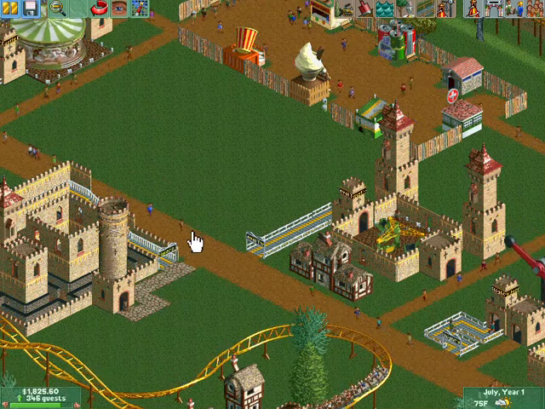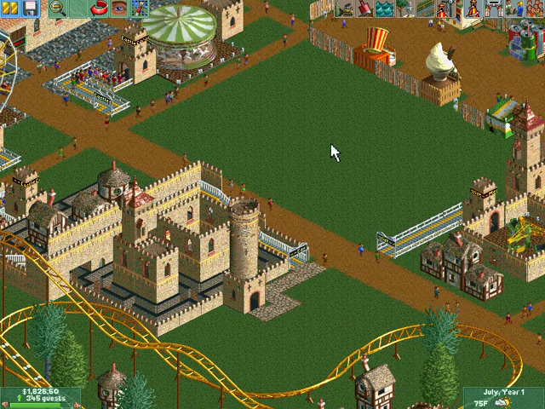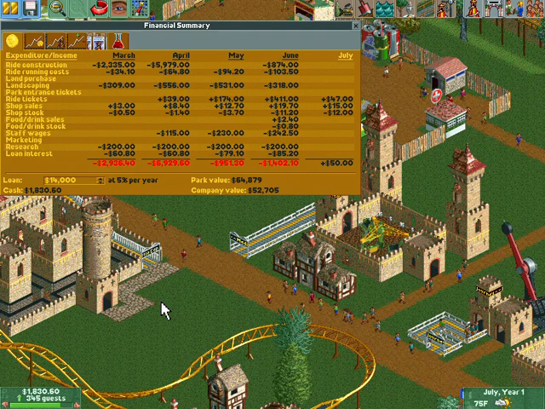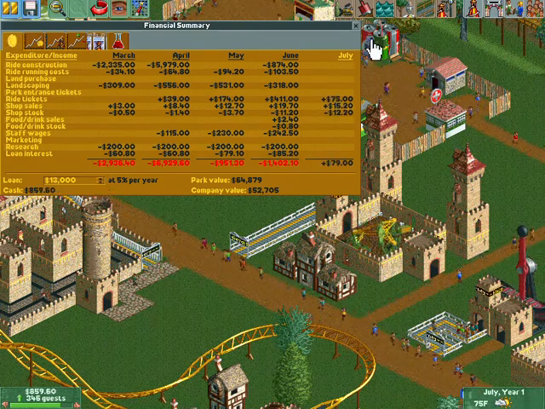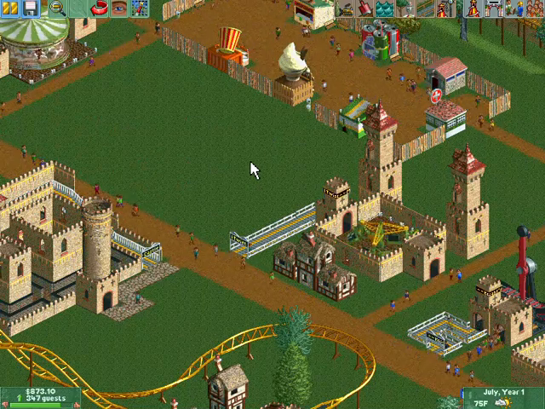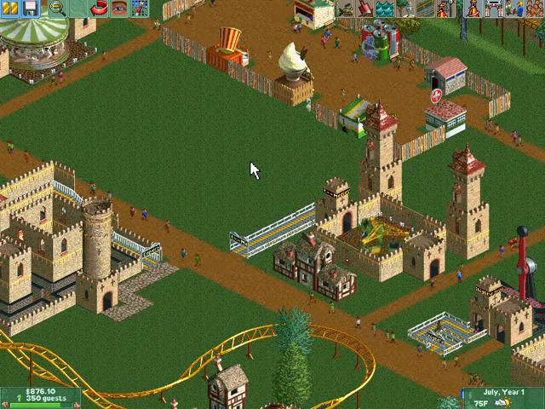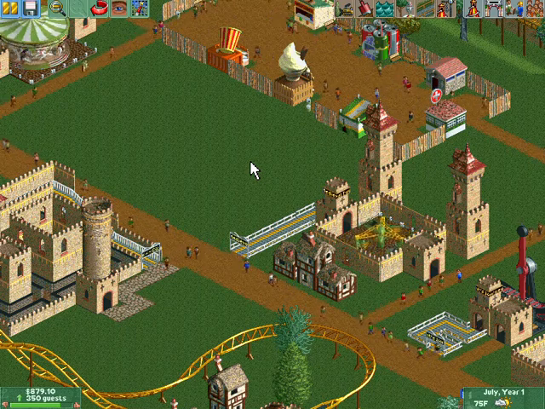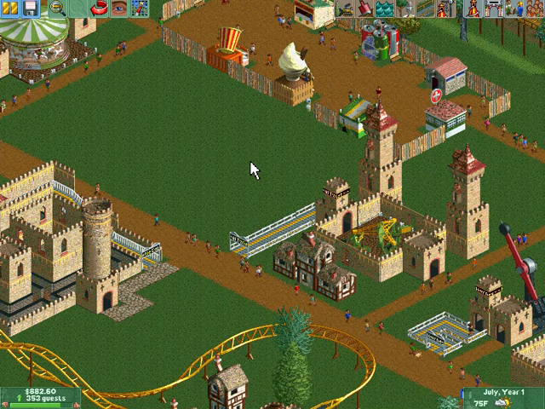Going back to what I was saying, I was going to build one more ride, but that loan is going to catch up with me in more ways than one. So I'm actually going to pay this back a little bit, because one of the absolute worst feelings in this game is to run out of money and you're just in the red, and it is horrible. So I think the safest thing for us to do is just to repay it back little by little and to see